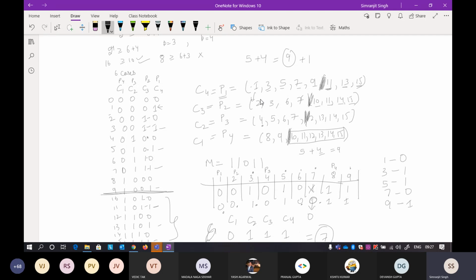You have to leave 2. In this you have to leave 1. In this you have to leave 2. In this you have to leave 4 here. Check it: the first 4s are 0, the next 4s are 1, so 4, 5, 6, 7. Again 8, 9, 10, 11 will be 0, and 12, 13, 14, 15 will be 1. Again check this pattern: the first 8 will be 0 and the next 8 will be 1. That is how your parity bits are set.